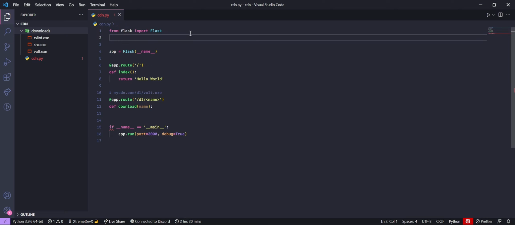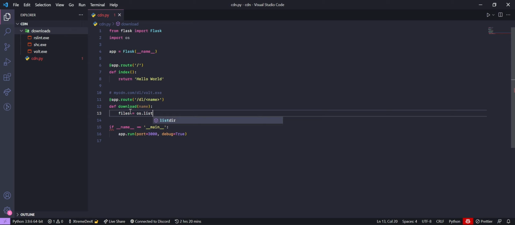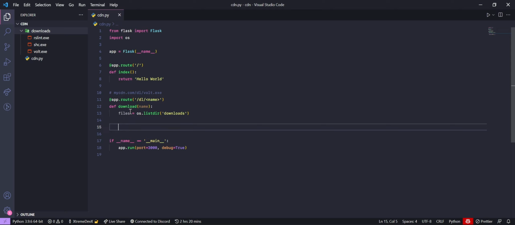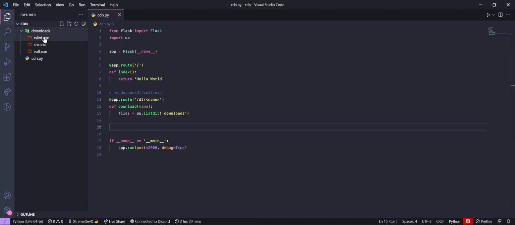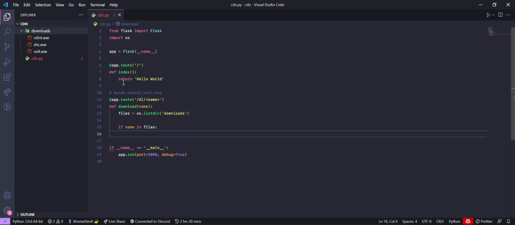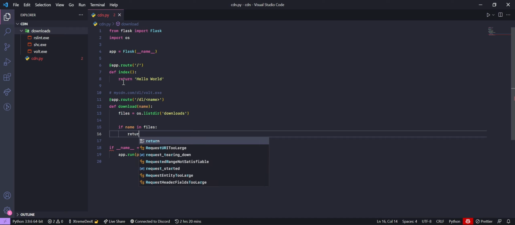In order to make sure that the file requested is in the list of files that we are storing, let's go ahead and import os and get a list of files. So we're going to do files is equal to os.listdir. I'm going to list all files in the downloads folder. Then we're going to check if the name is in the list of files that we have. So over here, the list of files would be rslint.exe, shc.exe, and volt.exe. Those are the three files that we have, and we have to make sure that the requested file is in the list. So if name in files, then we're going to go ahead and say return,